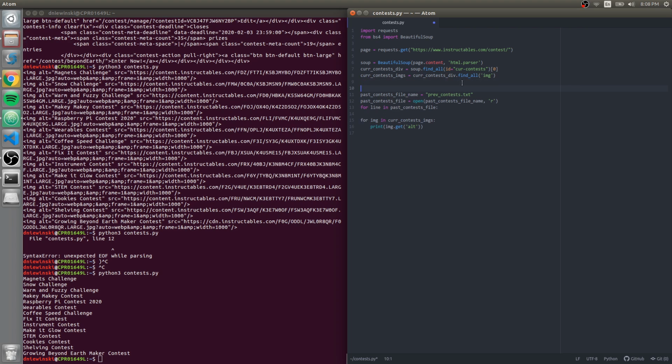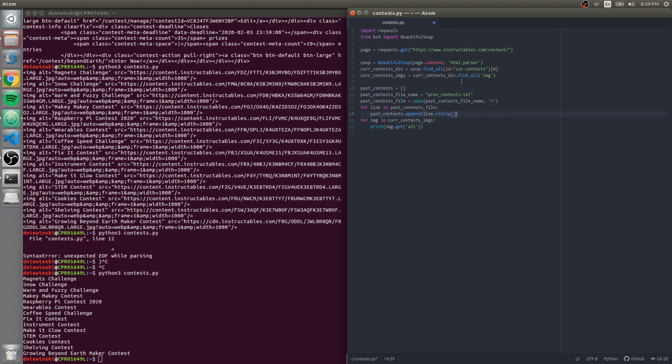And we're going to make a quick variable up here just to save the past contests that we've talked about. So past contests equals square brackets, which will make a list. And now for each line in this file, I could say past contests dot append, and I want to append the data in this line. Now in these lines you can have extra spaces accidentally, it will include new lines, it will include a bunch of other text that you can't see but might cause you some issues later. So just a quick way to fix that will be